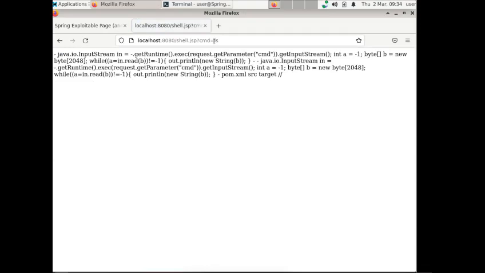Okay, so you can see I can run different commands through the browser. I typed cmd id, I got the id, then I typed cmd ls, and I have the folders or files in that folder. So we saw how we used an exploit to gain shell access to a machine that was vulnerable to